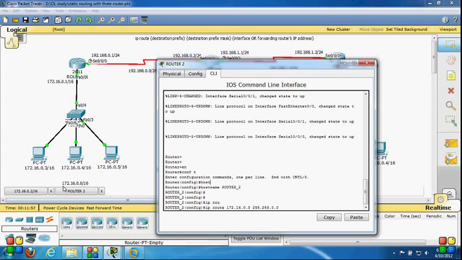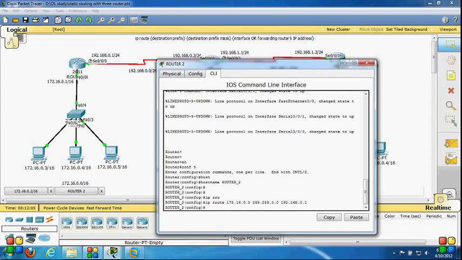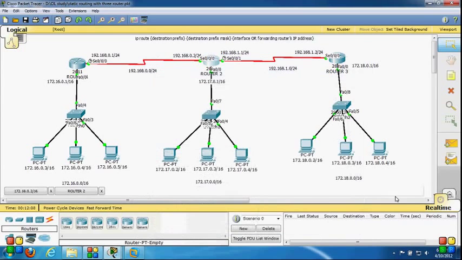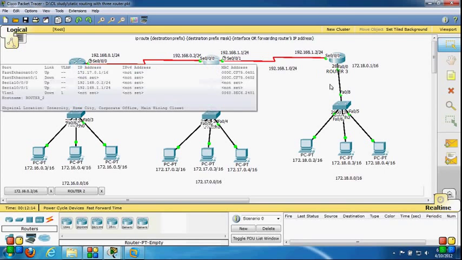So 192.168.0.1 is my next hop IP address, and I have created one entry. One more entry I have to create is for the destination network 172.18.0.0, and my next hop would be 192.168.1.2,